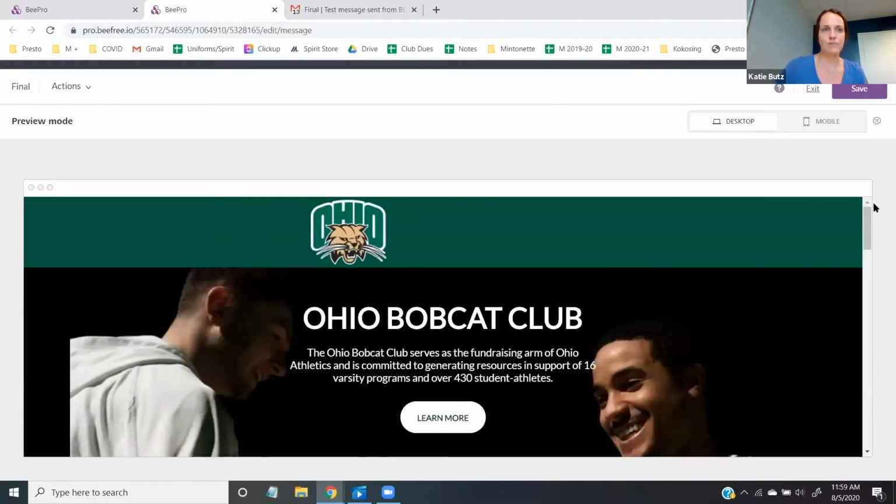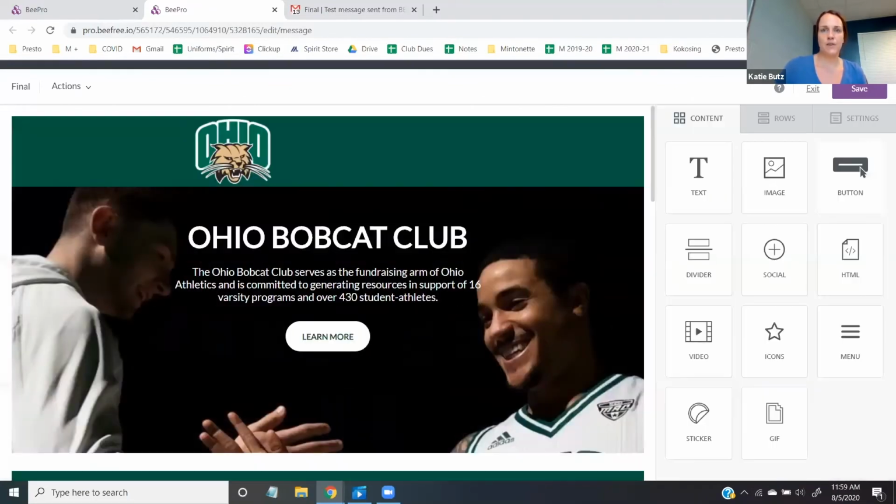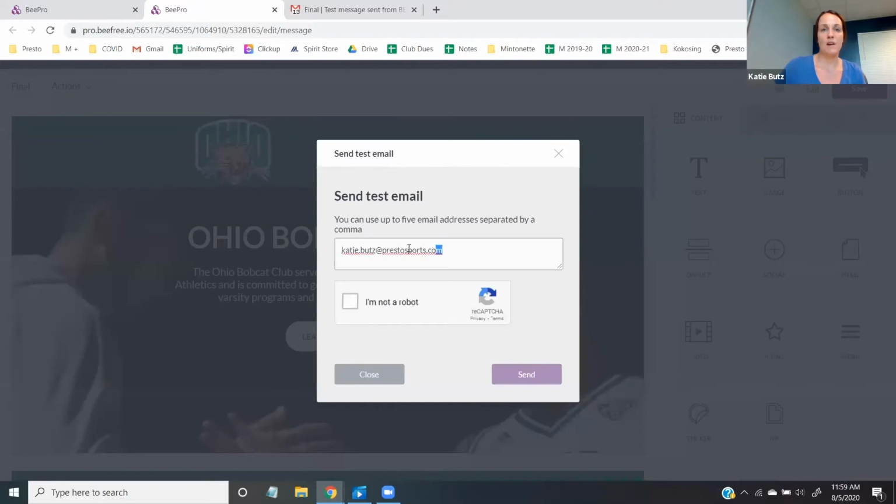So once you have your preview, you can also come over here and send a test. This will remember whoever you've sent a test to in the past, which is really great, and you can just email out to whoever you need. If you have multiple people you need to email, just separate that by a comma,